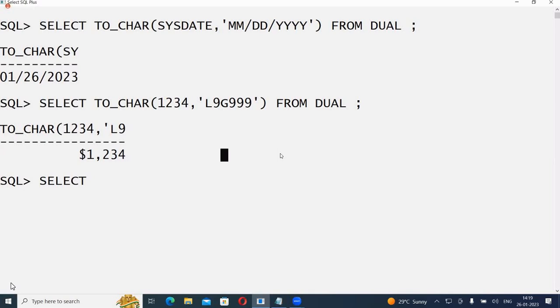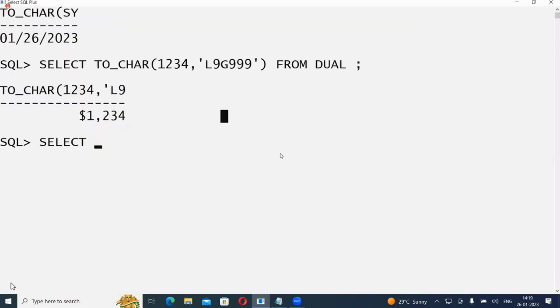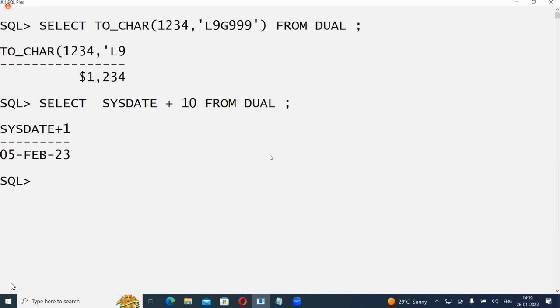So why do you convert character to date? Why do you convert the character to date? Because suppose this is my calculation: sysdate plus 10 from dual. So to the system date, 10 days are added, and this is calculated. You're able to add 10 days to the system date, but not to a character. I want to add 10 days to